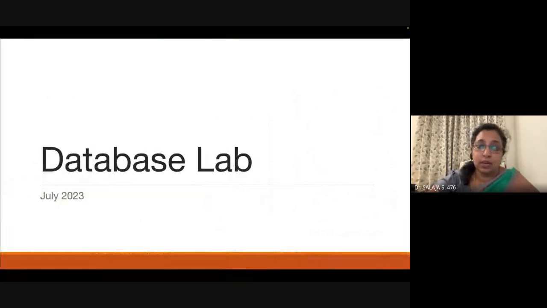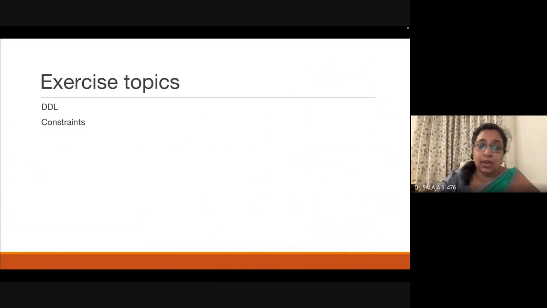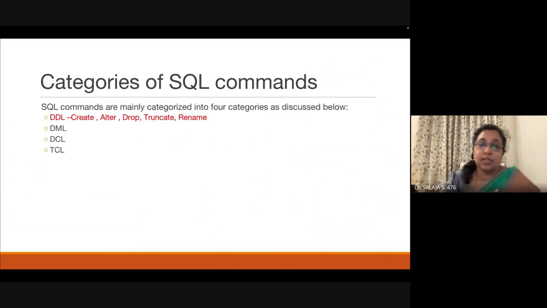So we'll start today's discussion on data definition language. Data definition language, as such, is used to create, modify, or delete the complete table. It mainly deals with the description or the schema of the table. And you have something called DML, which is data manipulation language, where we try to